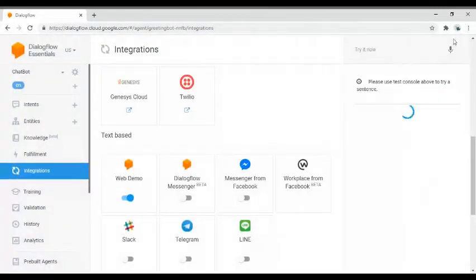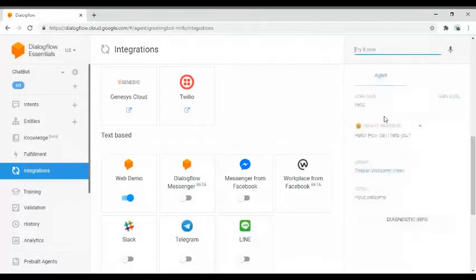So you can try your chatbot here. This is just a testing menu kind of thing. So click on try now and I'll write hello. It will reply to you. And who are you? I am a bot. It will give the response like this.